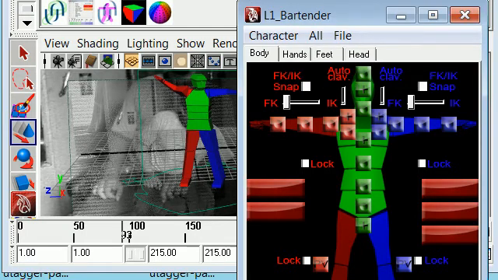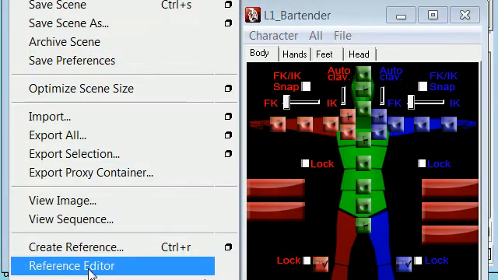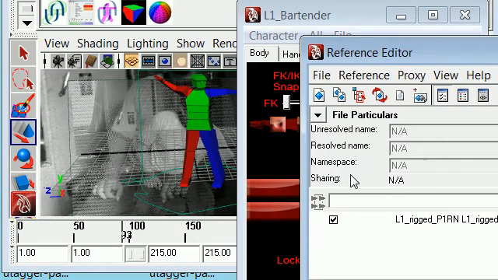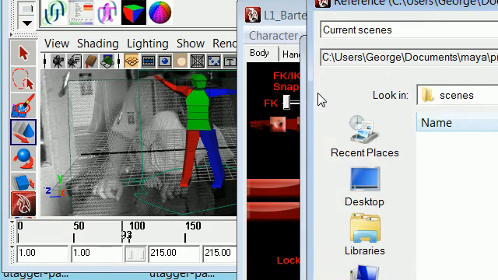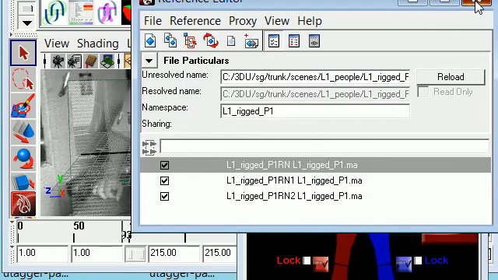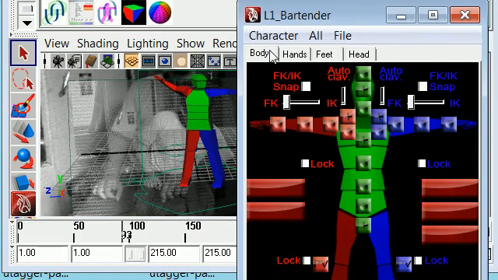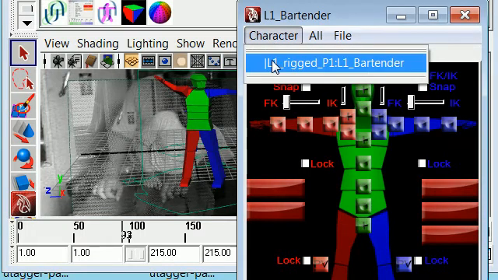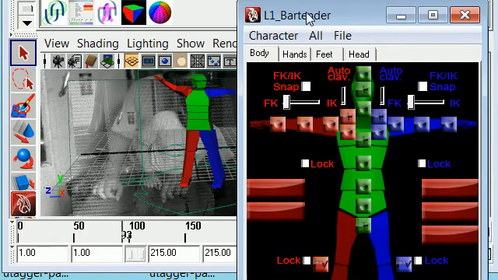Let me just quickly reference another character to show you how it shows the multiple characters in the scene. So now we have not one but three characters in the scene, and if you see in the uchar menu, it's not going to show you the new characters because this uchar window was already opened up earlier. So let's close it and open it again,